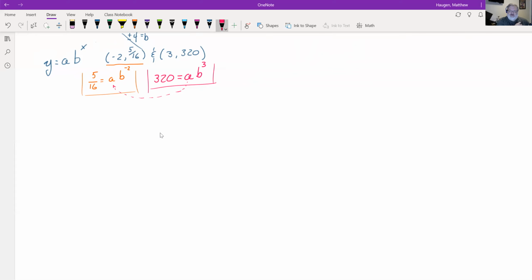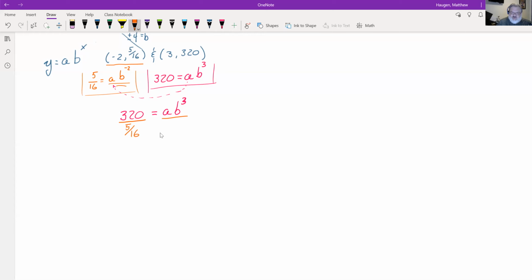Some people do that, but what most folks do is take one of these equations and divide it by the other equation. So I'm going to take this equation and divide this side by 5/16, and I'm going to divide the other side by 5/16